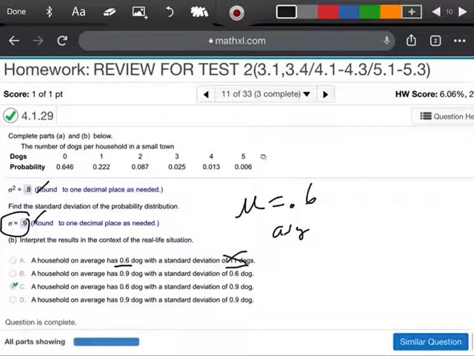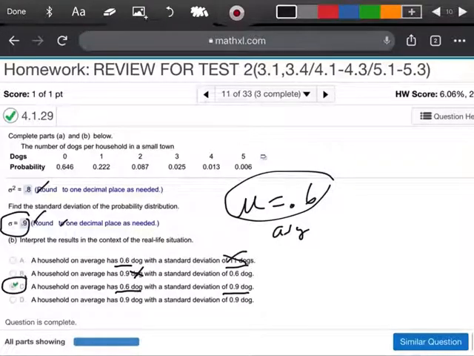On average, we have 0.9? No, because our mu was 0.6, so I know that's not it. On average, a household has an average of 0.6 of a dog with a standard deviation of 0.9? Yes, because that's what we have there, right? So my choice here was C. And that was